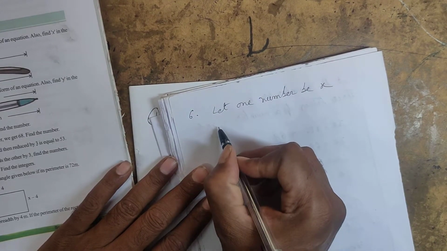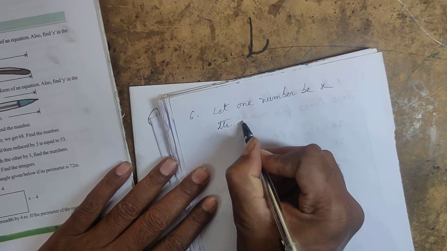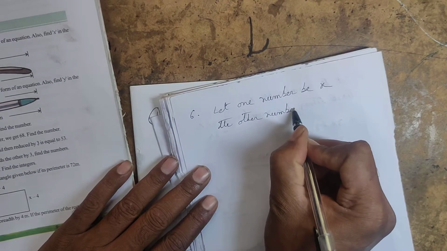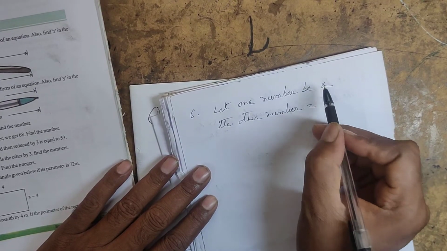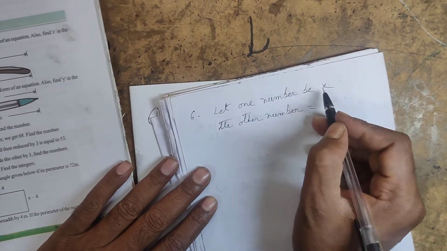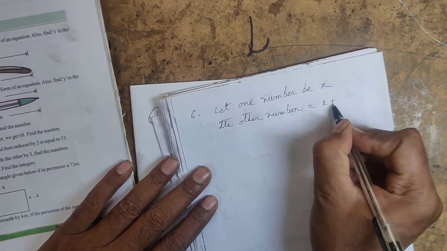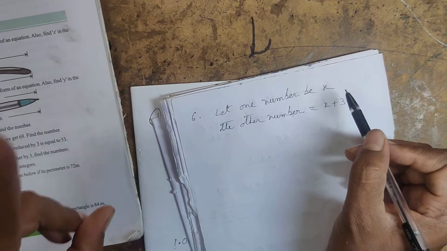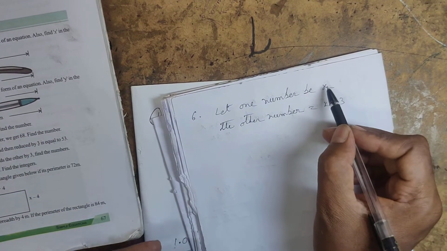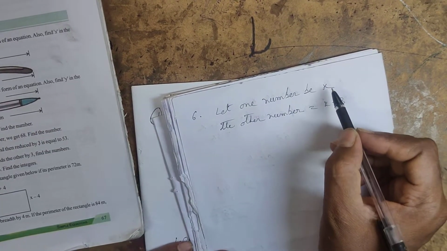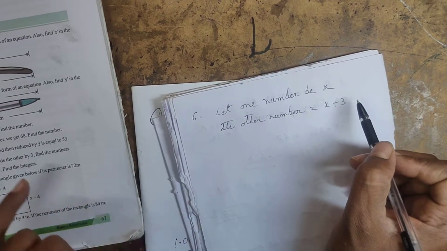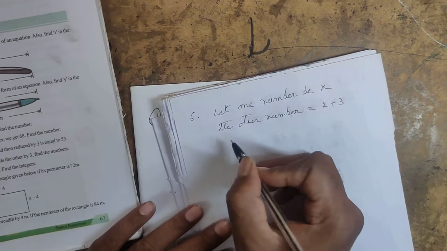So the other number exceeds this number by 3. Exceeds means it is more. So how much is it more? 3 more than the previous number. See here, we have two numbers. One number exceeds the other by 3. It means for one number, if you add 3, you are getting another number. Okay. Their sum